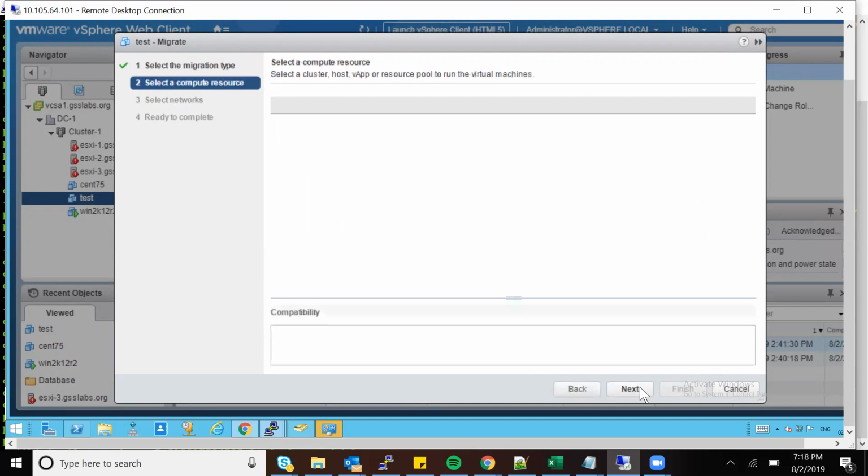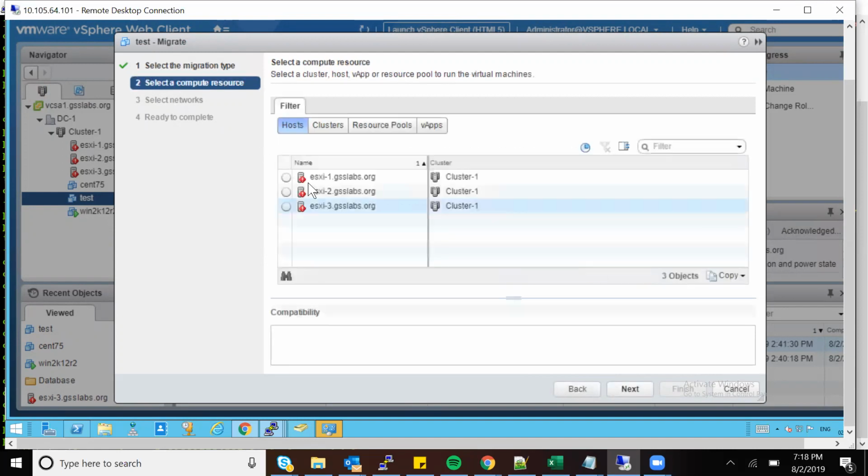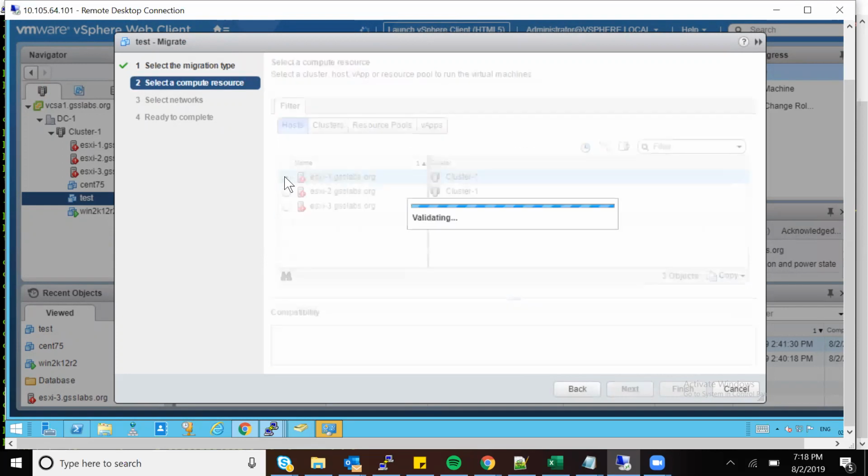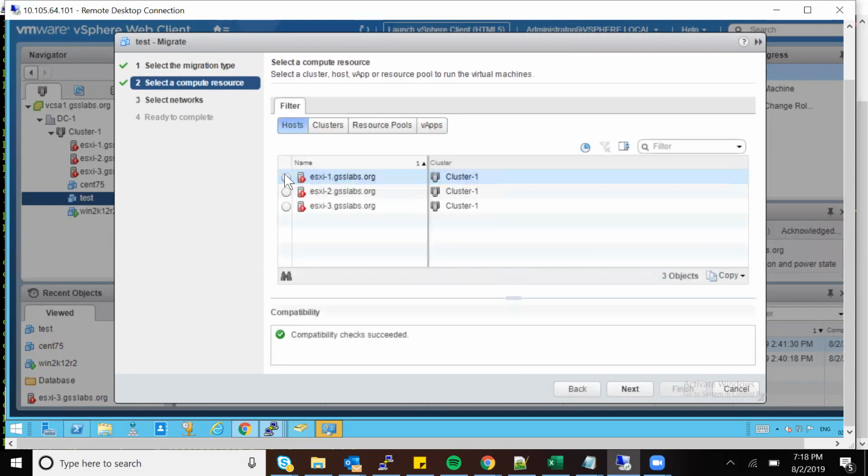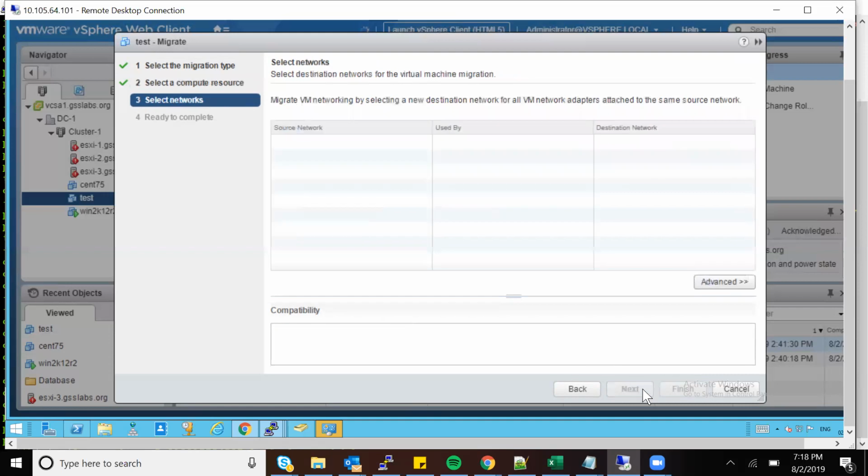So I'm just clicking next and I'll be able to see available hosts. I can say I want to go to host one. There'll be a background check. From the summary I know which host it is currently on, and then I go here. I'll say compatibility checked on the background. I told you there are like five to 10 conditions. Once that check is done, I'll click next. I'll just leave it, and then I'll click next.